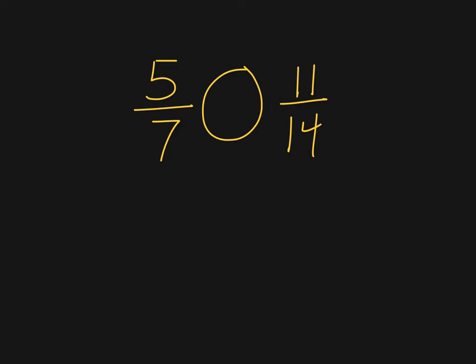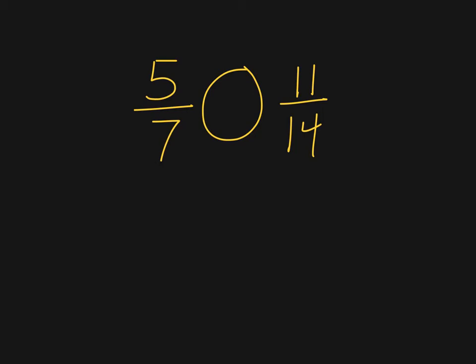So at first glance, when I look at these fractions, I look at the size of my units. This fraction I'm dealing with 7ths. In this fraction I'm dealing with 14ths. So the size of my units is different, and my total number of units is also different. So at first glance I say, well, I can't really compare these two the way that we've been learning. So the next question I want to ask myself is, can I turn one of these fractions into a new fraction that would have something in common with the other? So when I look at these denominators, 7 and 14, I know that